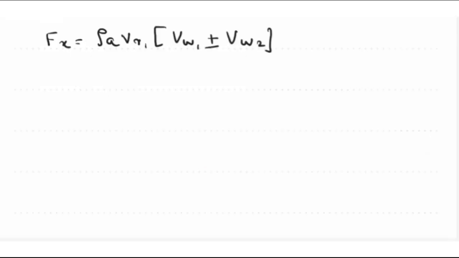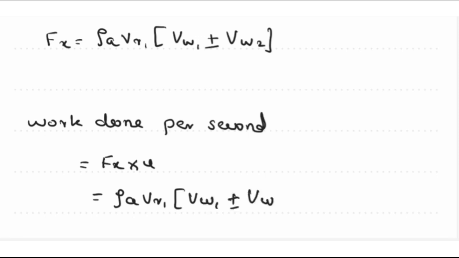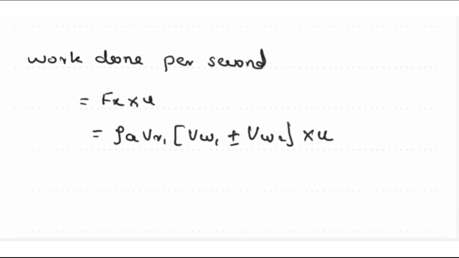Now we will get the expression for work done. Work done per second is equal to Fx into U. Fx is nothing but rho A Vr1 into Vw1 plus or minus Vw2 into U. So this will be the expression for work done per second. So similarly, we will get the expression for work done per second